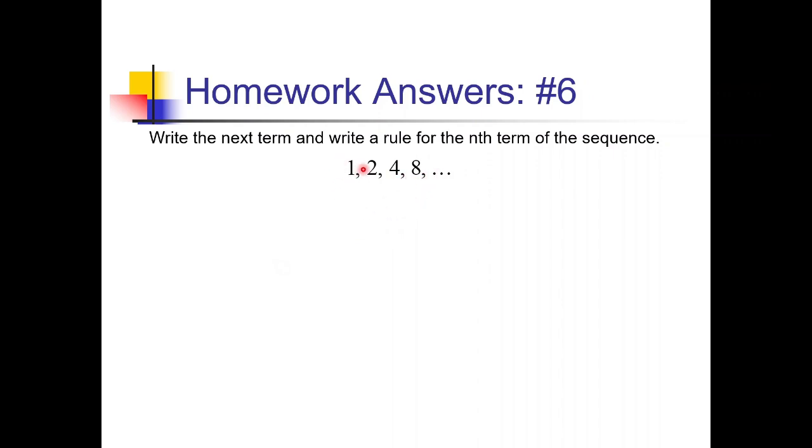So we've got 1, 2, 4, 8. Very clearly we are multiplying by 2 every time. So these are all powers of 2, kind of, sort of. But the first power of 2, if I did 2 to the 1, that would be 2, not 1. And 2 to the 2 would be 4. So we actually need to subtract 1 from our exponent so that we're doing 2 to the 0 on this